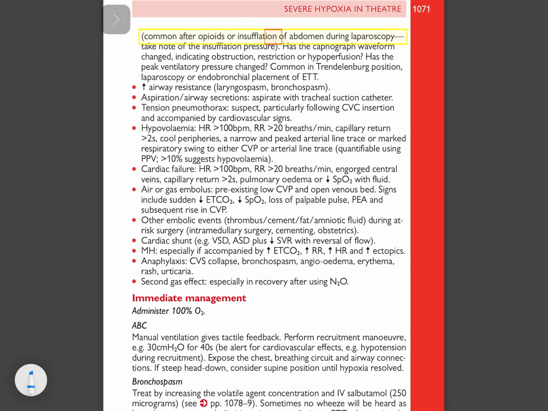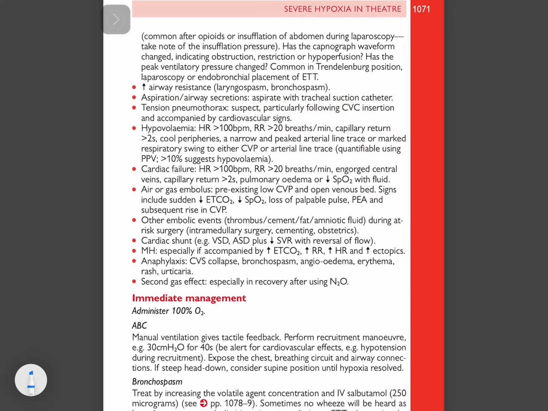Common after opioids or insufflation of the abdomen during laparoscopy. Take note of the insufflation pressure. Has the capnograph waveform changed, indicating obstruction, restriction or hypoperfusion? Has the peak ventilatory pressure changed? Common in Trendelenburg position, laparoscopy or endobronchial placement of ET, airway resistance, laryngospasm, bronchospasm, aspiration, airway secretions. Aspirate with a tracheal suction catheter. Tension pneumothorax: suspect